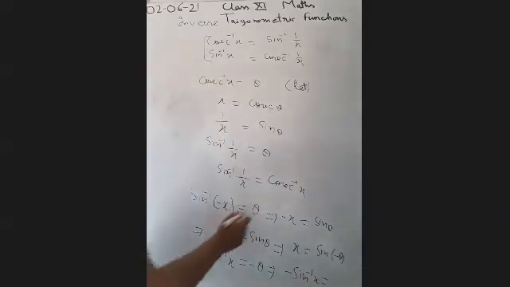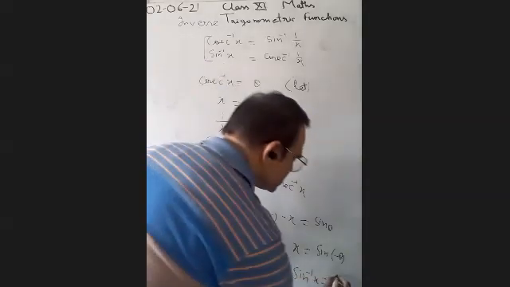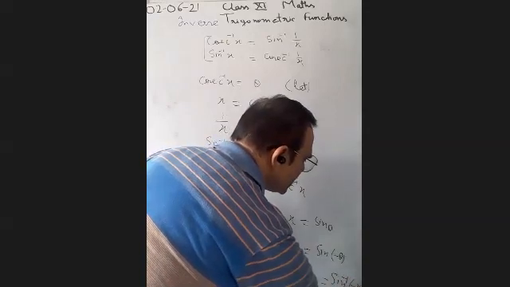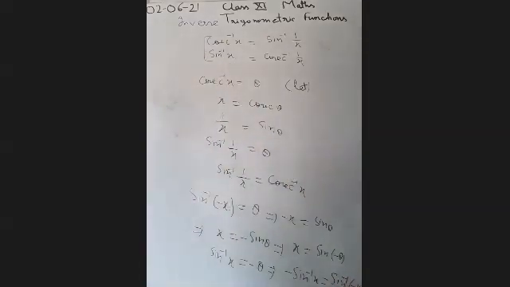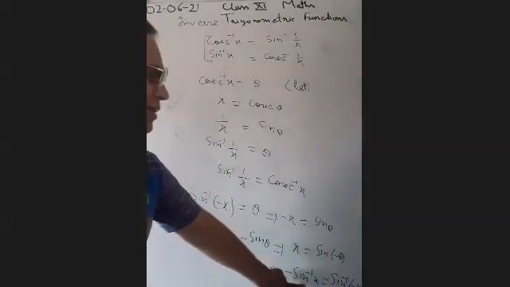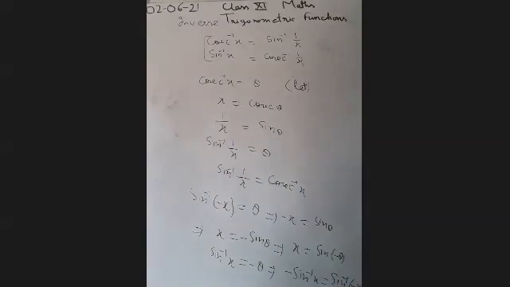But theta is equal to sin inverse minus x. So we get this relation: wherever we get sin inverse minus x, it will be equal to minus sin inverse x. ठीक है. Similarly, you can find the value of tan inverse minus x or cosec inverse minus x. But you observe that cos inverse minus x is not equal to